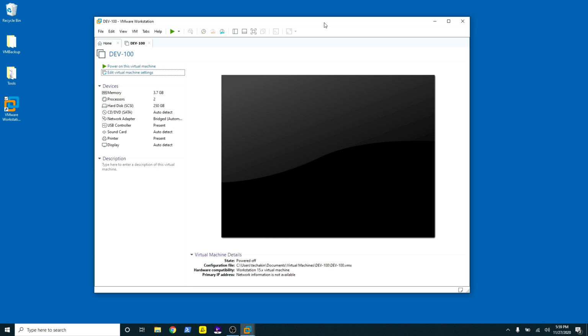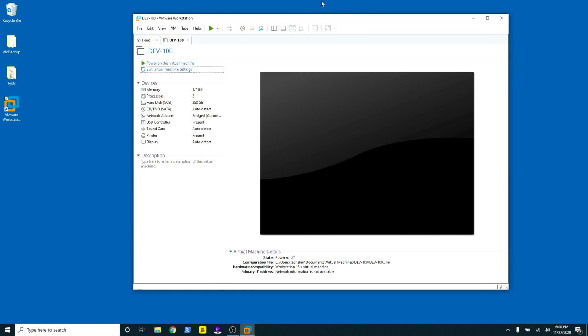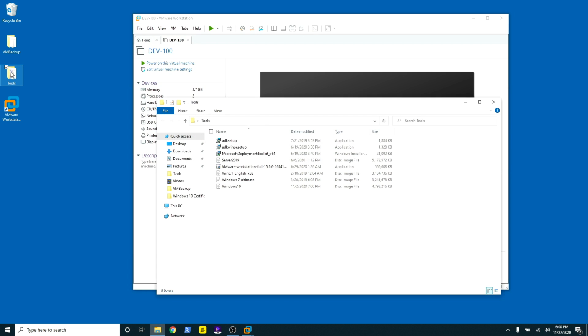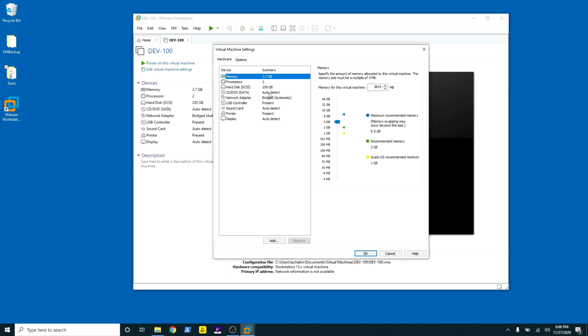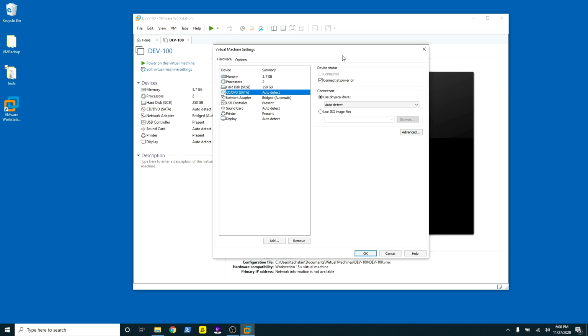and so to install Windows Server 2019, if you remember in the beginning, we downloaded all our tools into this folder. I will open this folder, and I have an ISO file that I downloaded from Microsoft Evaluation Center. So we'll go inside of our VMware Workstation that we created in our last lesson, and we'll click on Edit this virtual machine,